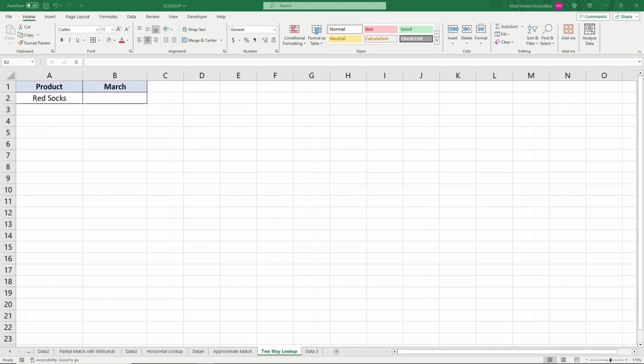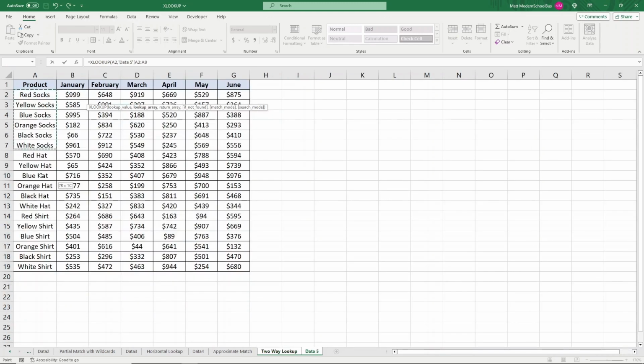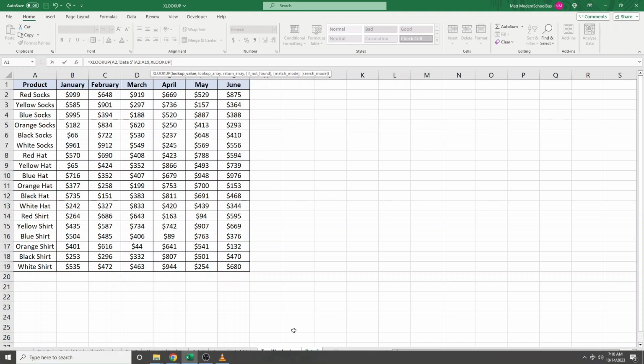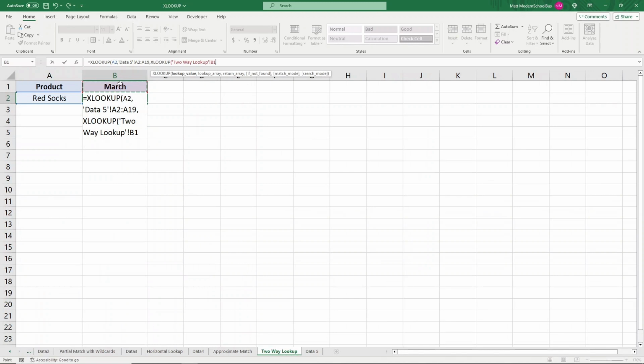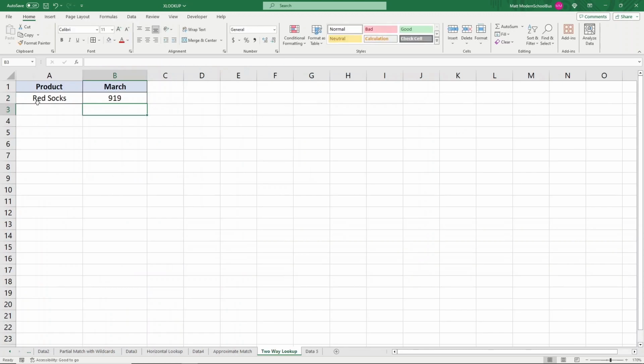So what we can do now is set up our two-way lookup function. So what I'm going to do is type in this cell equals XLOOKUP, and so I am looking up this value, and I'm looking it up here. Now what I need to do is add in my second XLOOKUP. XLOOKUP, and what I'm looking up now is actually this value, and so I am looking that up here. And what I want to return is this array. So then I'm going to close out this formula, and now I have my two-way lookup created,